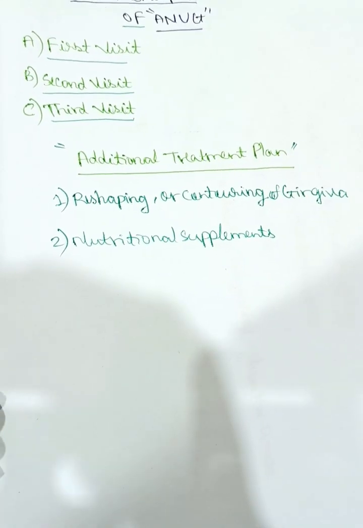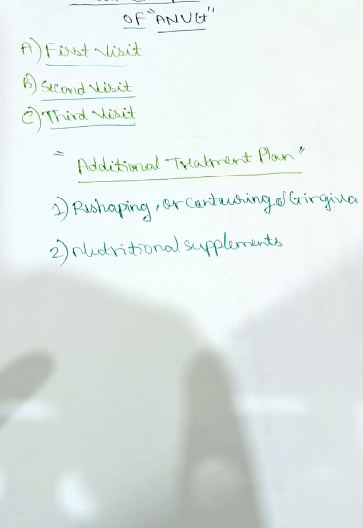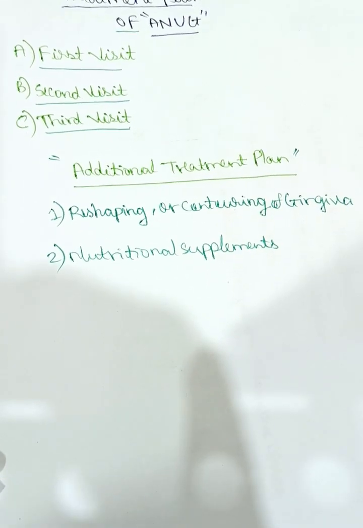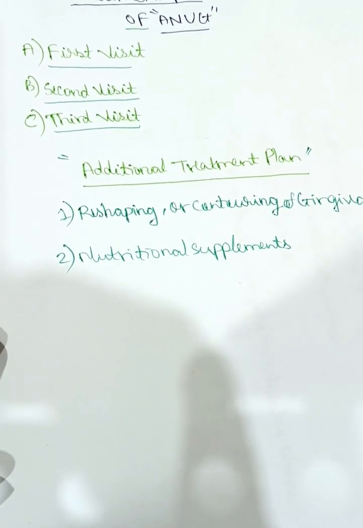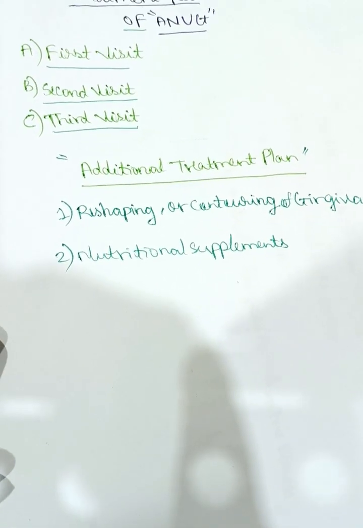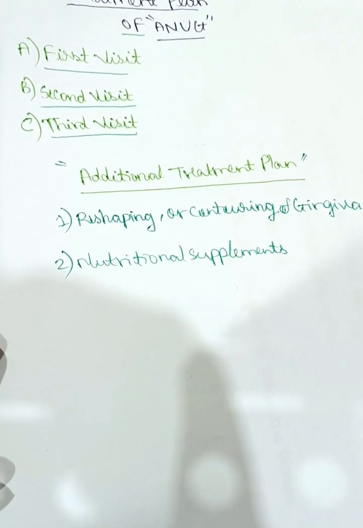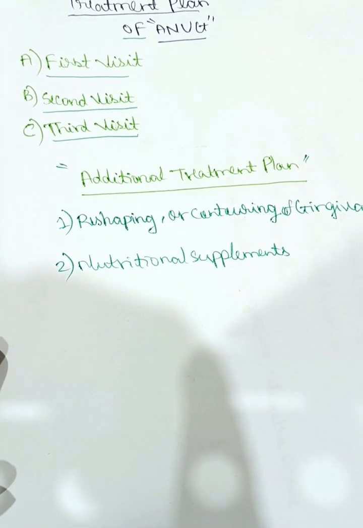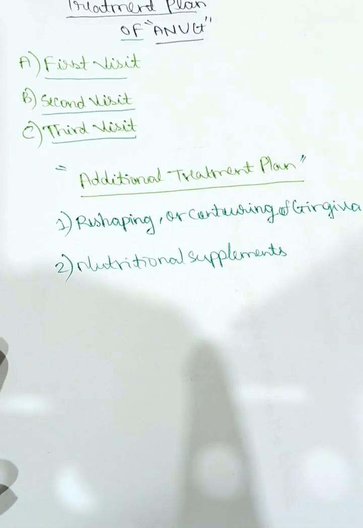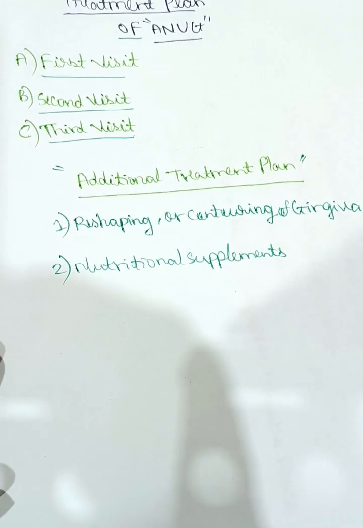Now we'll discuss the treatment plan of OE, which I will describe under the following heads: the first visit, the second visit and the third visit. In the first visit, we need to take a thorough history. We need to do the clinical examination. We need to take the dietary history, the medical history, the history of smoking, and the history of any underlying disorders the patient may have, the genetic, inherited disorders. Then, once the medical examination is done, we need to clean the area or the pseudomembranous grayish slough, the grayish membrane, with the help of a moist cotton swab, and we can apply a topical anesthetic agent there.